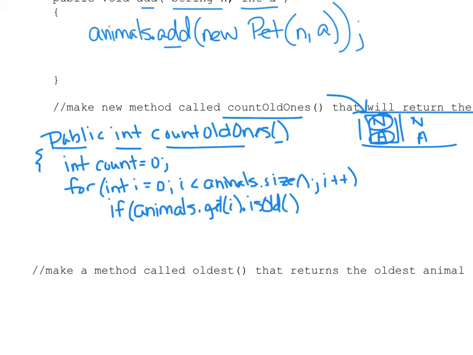So isOld. Now, a lot of you like to say is equal to true. That's fine, but that's unnecessary for this particular case. But I'm just going to leave it in because some of you are more comfortable, and those of you that understand this, this won't bother you, so it's good. So then we just count it, and then we're done. Once it's gone through the whole thing, it counts how many are old, and then at the end, just make sure you return count,